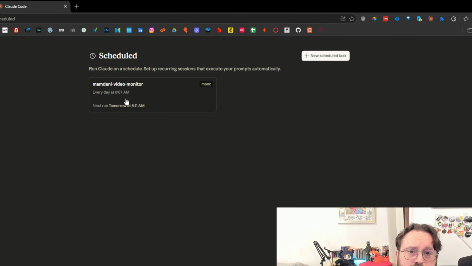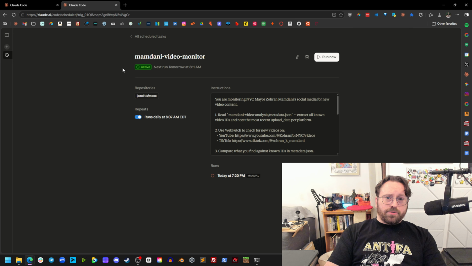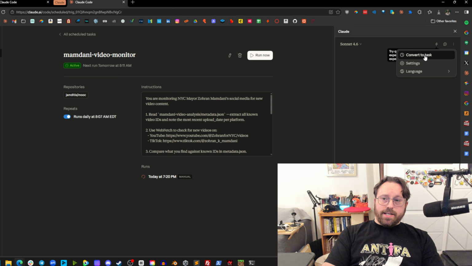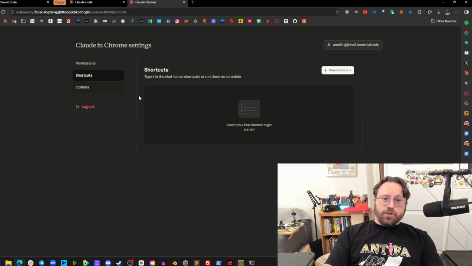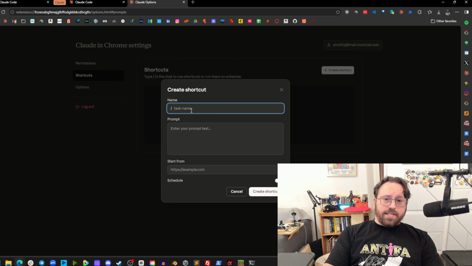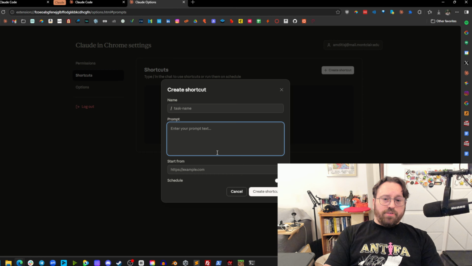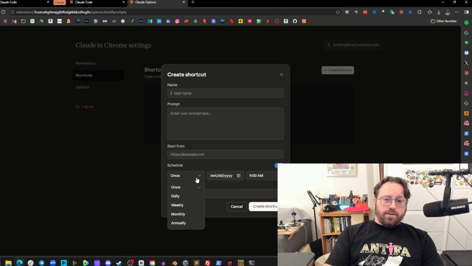We can add a new one here. We can schedule them ourselves. We can edit the scheduling. You could see the same thing if you use the Claude browser extension, and you can use shortcuts. So I can go to settings, I can go to shortcuts, and I can create shortcuts here. This is a / command. You give it a prompt. You tell it to schedule it when you want it to run. The date, if it's just once. If it goes to daily, you choose the time, choose the model, and then hit save. And then you can either trigger it automatically with the / command, or you can simply wait for it to run and it'll launch on its own. It's pretty neat, I gotta say.